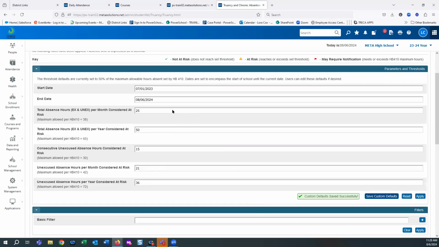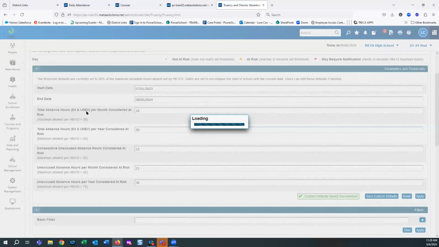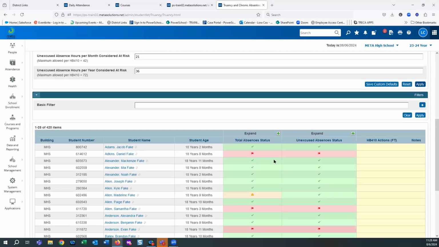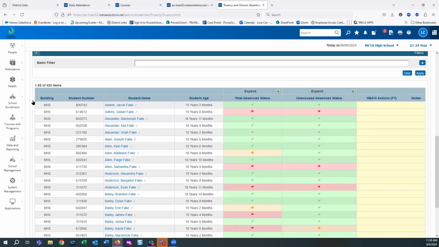So now every time I come in, instead of halfway, it's going to be set at what I set it at. All right. Then once I have that, I can come apply it, and it's going to run a report based on the triggers, what I set for the at risk, and then anyone who doesn't meet either of those will be marked as not at risk. If I come on down now that it's finished running, here's all the students that were